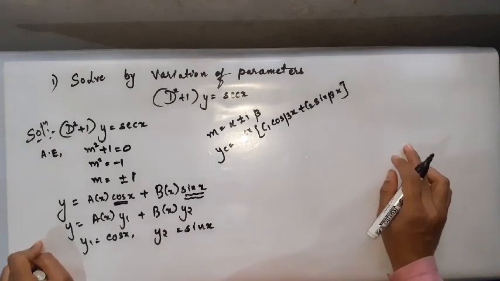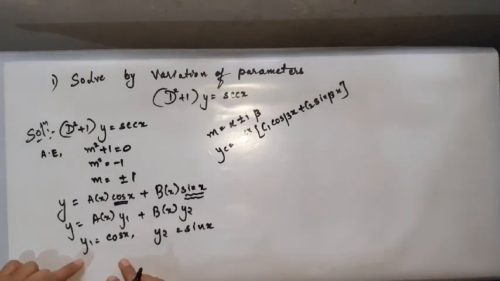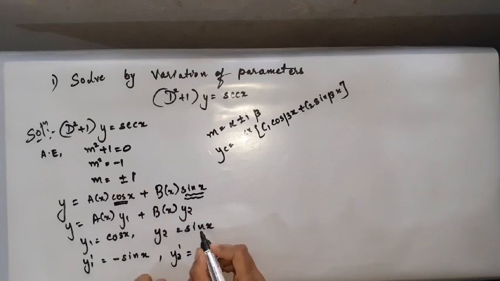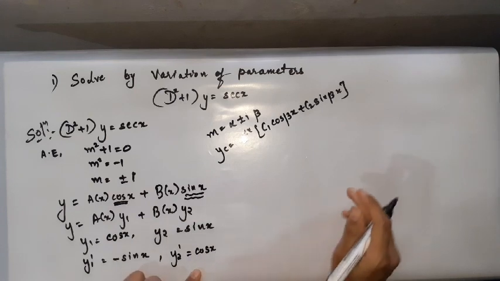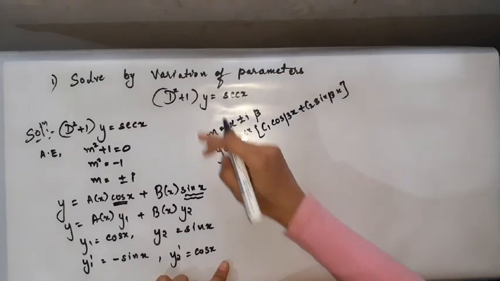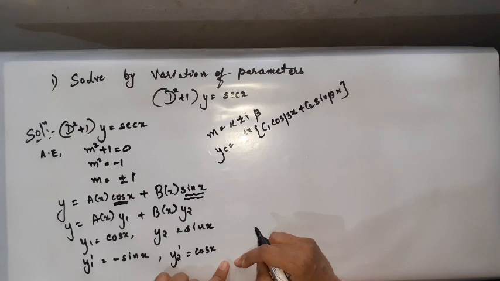Is it done? So, the very next step after writing y1 and y2, I suggest you write y1 dash. What should y1 dash be? It will be minus sin x, the derivative of cos x. What is y2 dash? It will be the derivative of sin x, which is cos x. I hope everyone up till here is following. Step by step, just copy it in your notebook and try to practice. So y1 dash is minus sin x, and y2 dash is the derivative of sin x, which is cos x. Is it done?